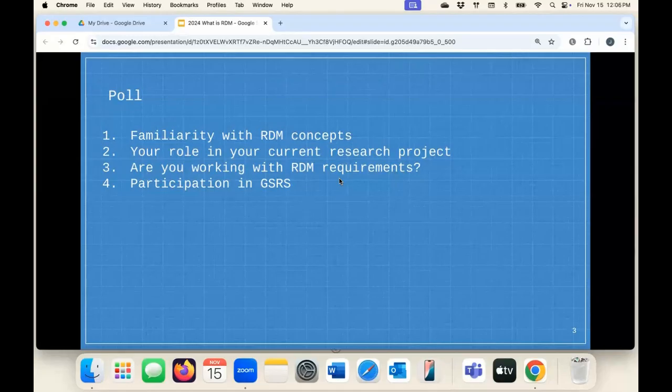Most people are not working with requirements. Very common at the moment. People are sort of gearing up to prepare. A couple people are working with funder publishers, and some people have some requirements from their advisors and PIs. Yeah, really common. Okay, and sort of a mix of attendance for the graduate student research series. So none of this content is directly related to other parts of the series. I was just curious where people are coming from. Thank you for playing along. We will move on.